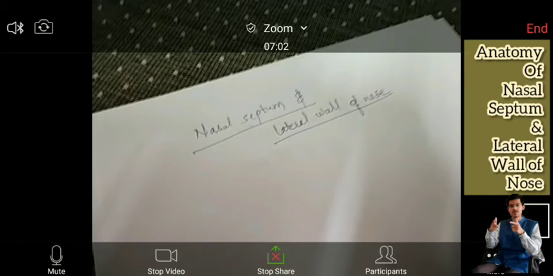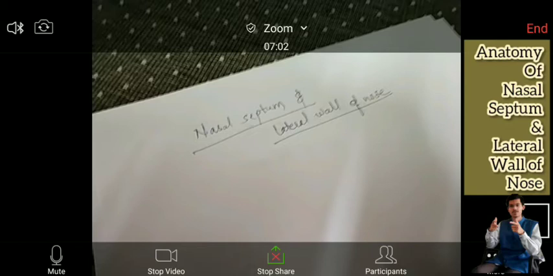There can be pathological deviation of the nasal septum because of often repeated attacks of common cold, sinusitis, allergic rhinitis. So what can happen is that there is infection, and because of infection there will be activity of bacteria or virus and there can be pus formation. What does pus formation mean? Viral or bacterial infection, usually bacterial, causes severe infection. So pus formation means the bacteria started destroying your bone and your tissue, and that is why it is producing pus. The moment there is pus, this is a dictum in surgery, it must be drained.